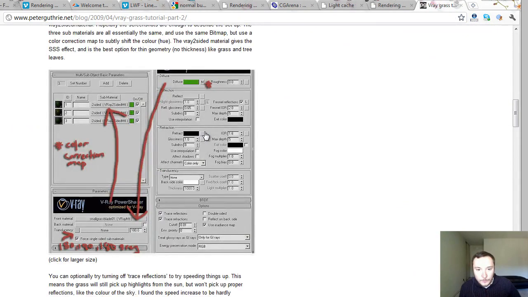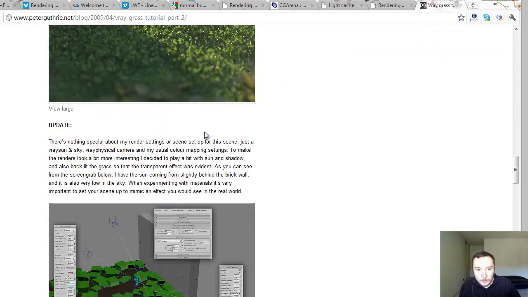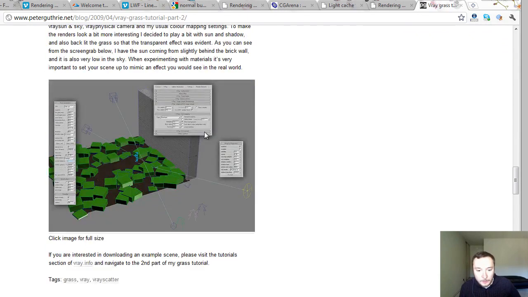It explains here everything, how to make texture and everything. So this basically can make your photorealistic